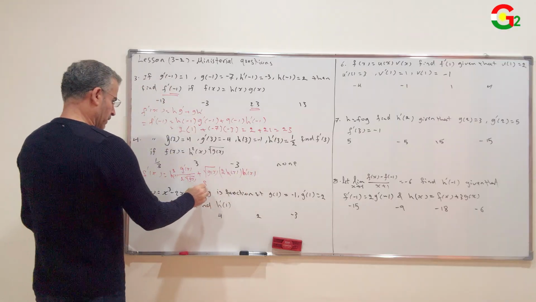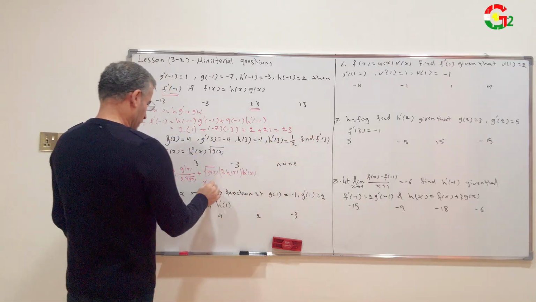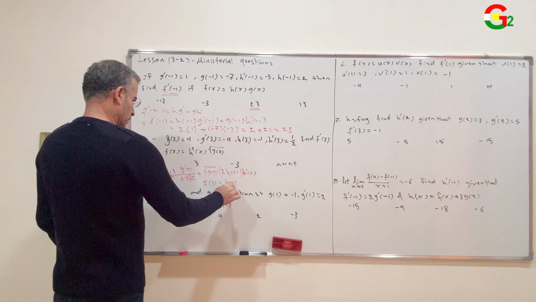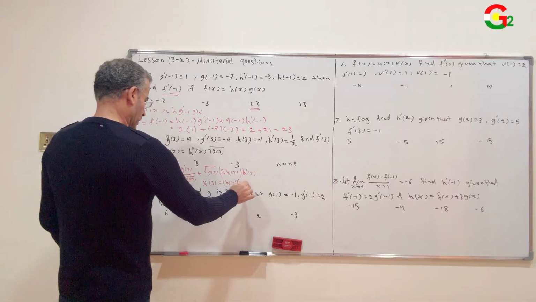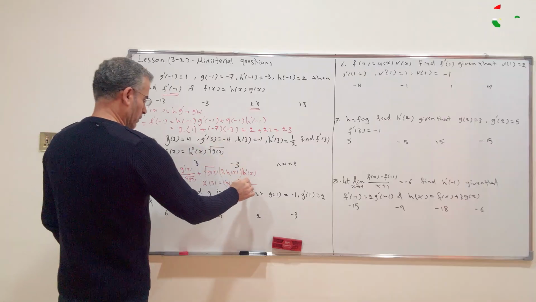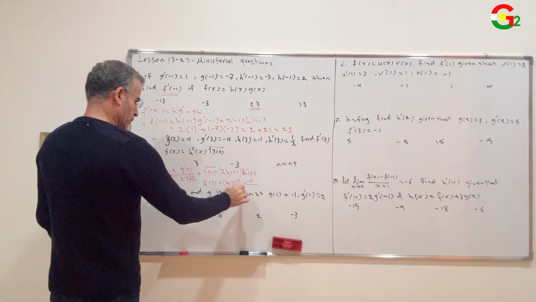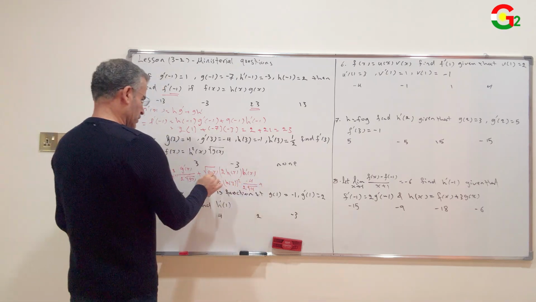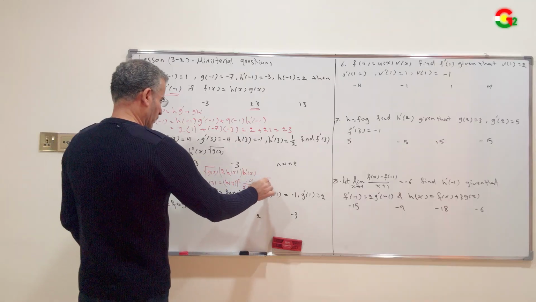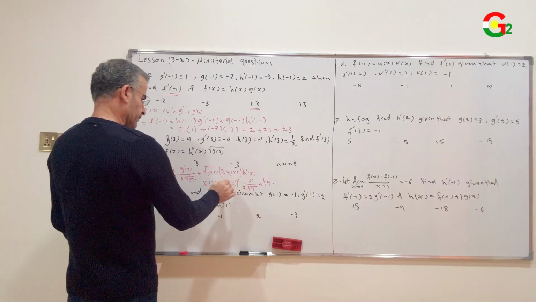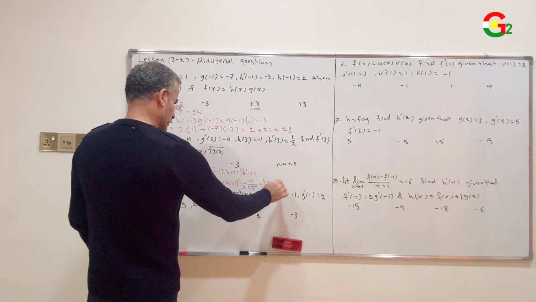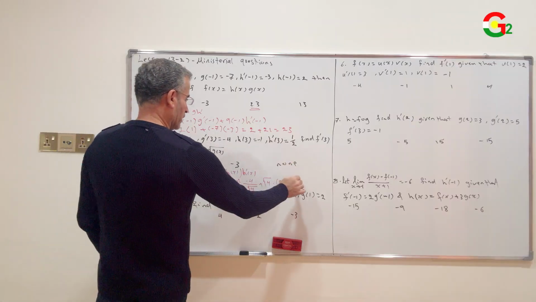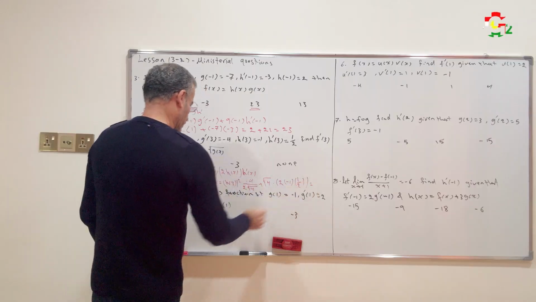Now, f prime of 3 equals h of 3 squared times g prime of 3, negative 4, over 2 square root g of 3, which is 4, plus square root g of 3, square root of 4, times 2 h of 3, negative 1, times h prime of 3, 1 half, equals